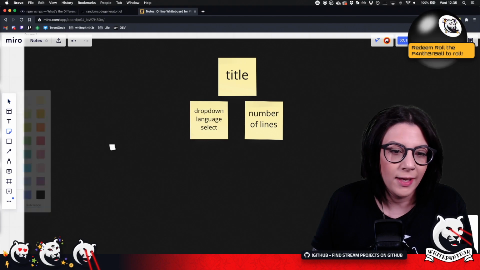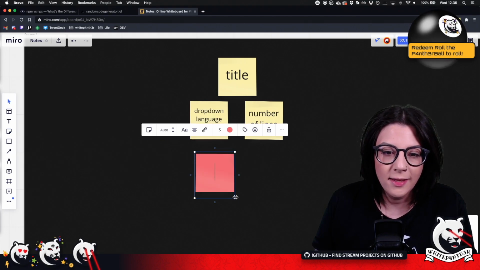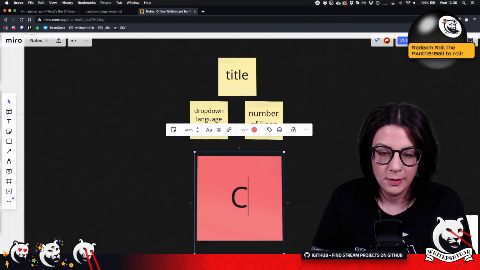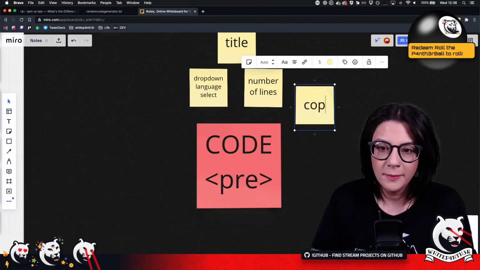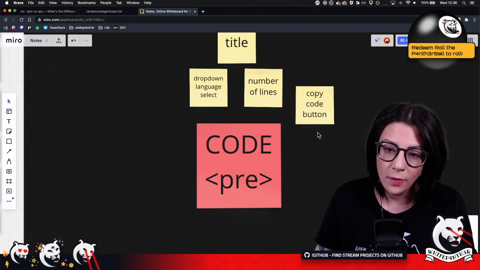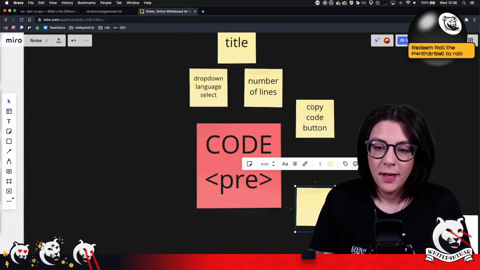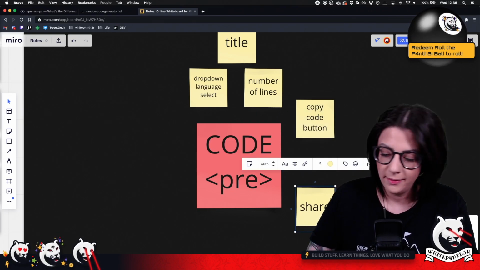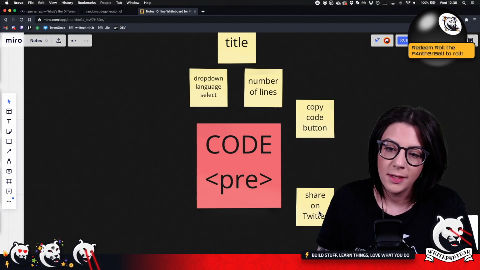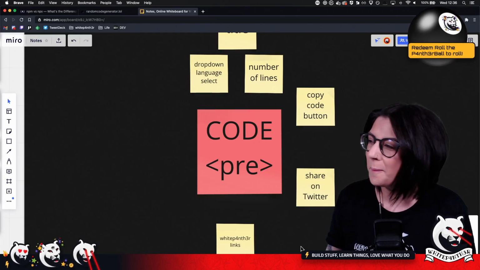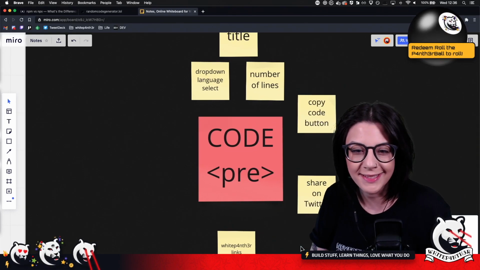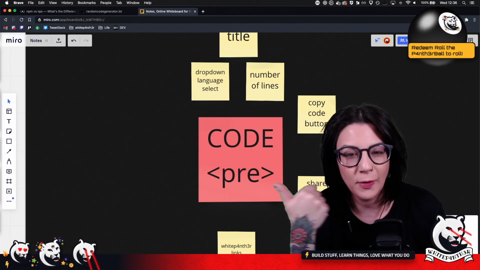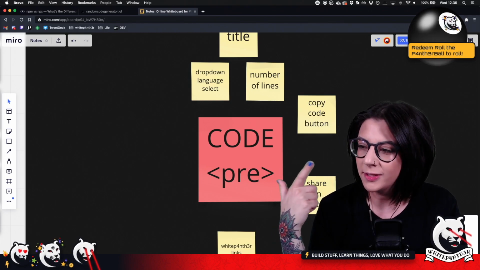Then we're just going to have a thing here that will produce your code in a pre, with a copy code button, or a share on Twitter kind of thing. It's kind of a marketing tool, a fun build. It's all one package, right? It's just something to learn how to do some coding, to give people something fun to do, and also